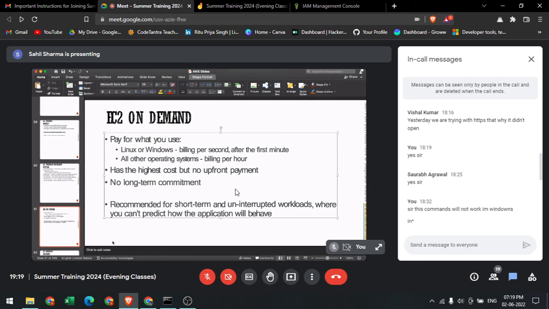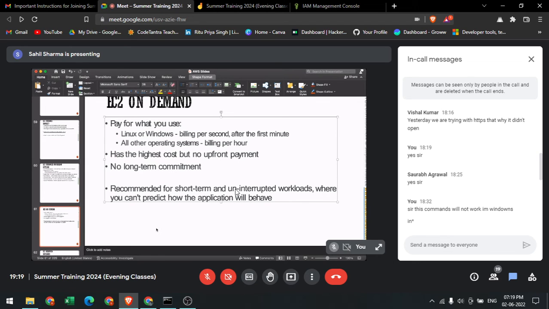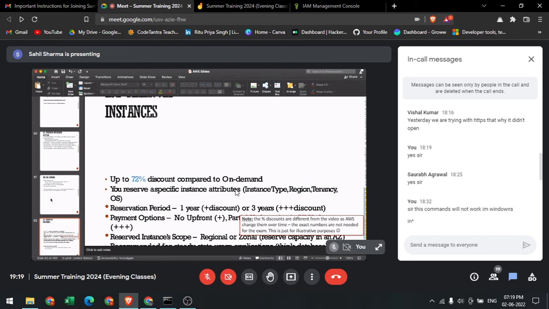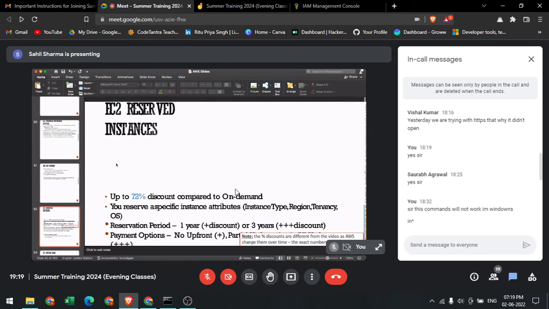I'll be showing you the billing dashboard as well. We'll see the billing dashboard, how you can see how much bill you have generated. Then we recommend it for short term or uninterrupted workloads where you cannot predict how the application will behave, where you are unsure about how your business is going to behave. In that case, you can go for EC2 on demand instances. But the next one is going to be